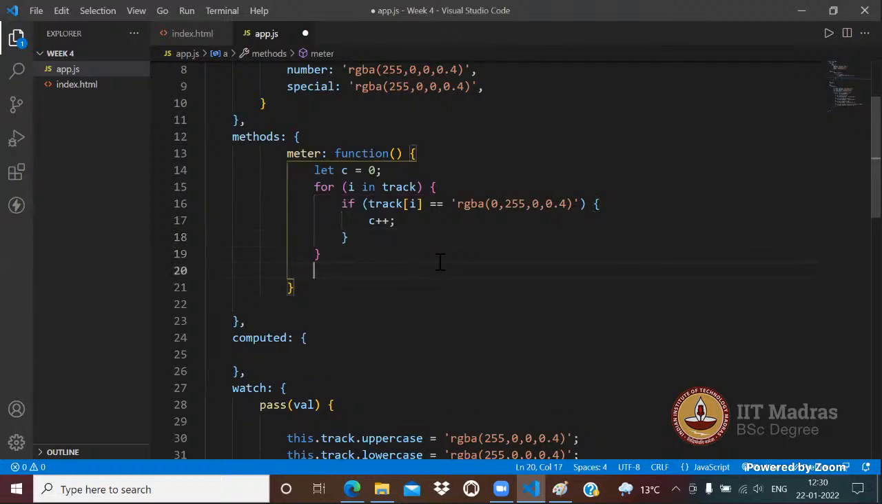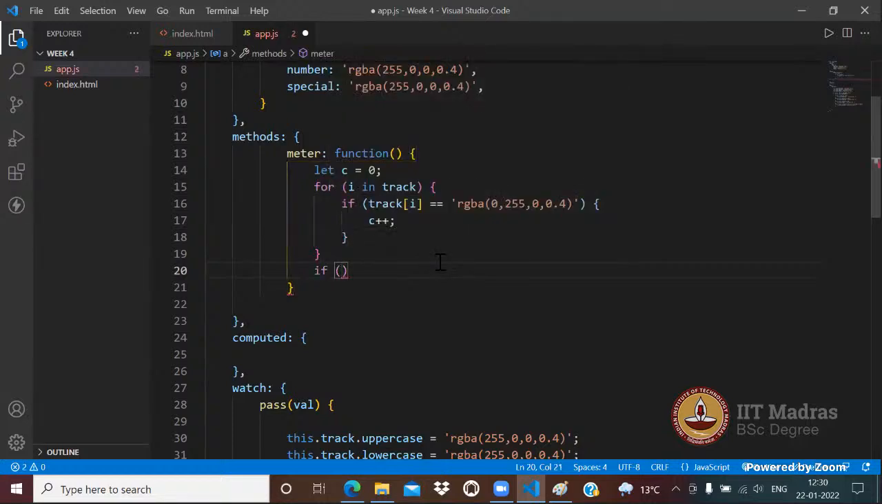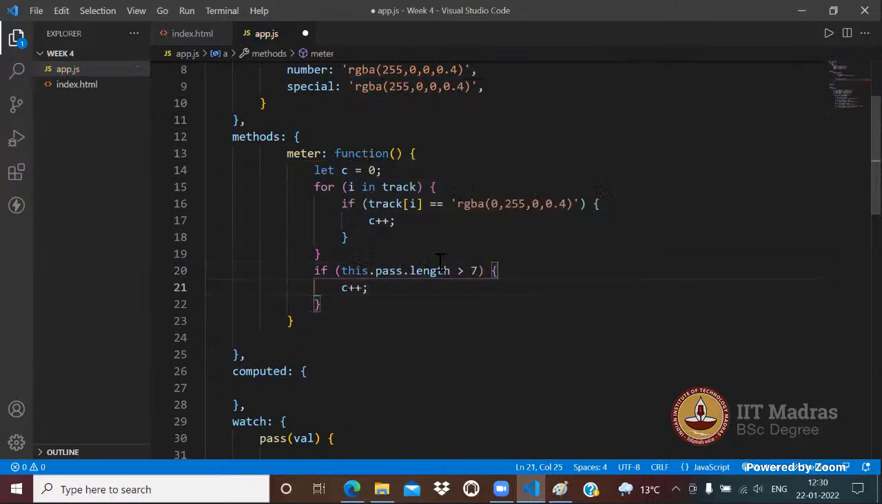So apart from that, we also discussed that we wanted to have a password length criteria as well. So we'll also check if this dot pass dot length is greater than, let's put a limit of how many characters? Let's say 7. That means it should be at least 8 characters in order to make it an excellent password. I'll again increase it, C++. Okay,